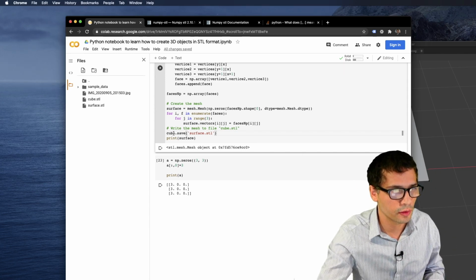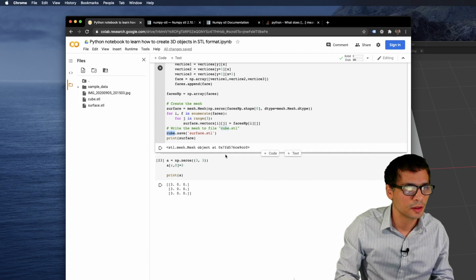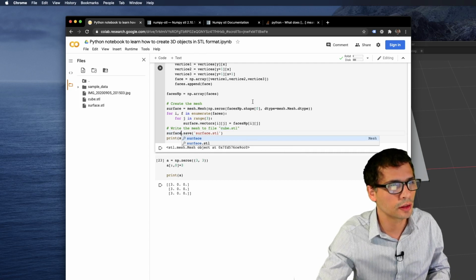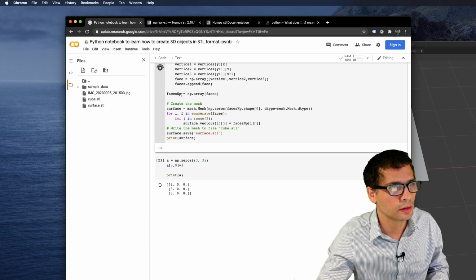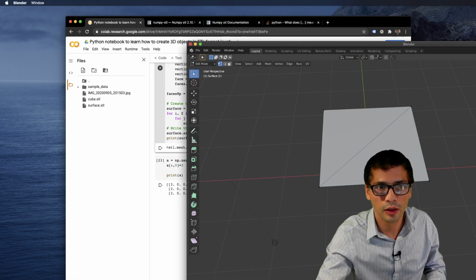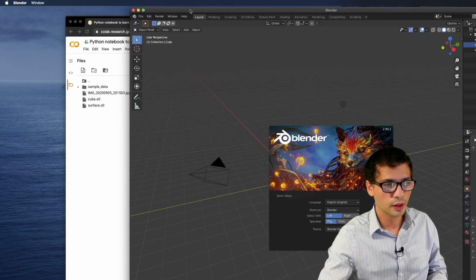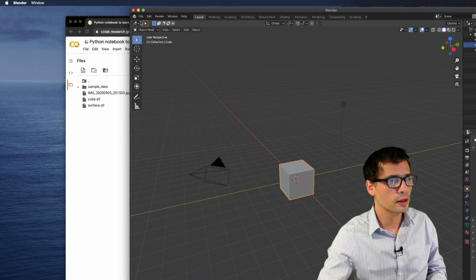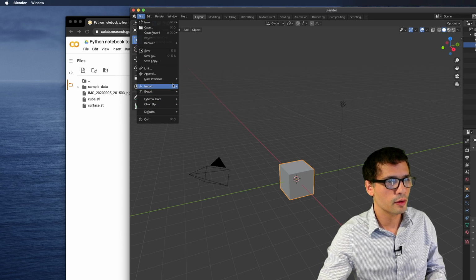So let's save this into a surface. Save it to a file. And we have the file here. I'm going to download it, and I'm going to import it here. Okay, so import STL. And let's see what mess I created.